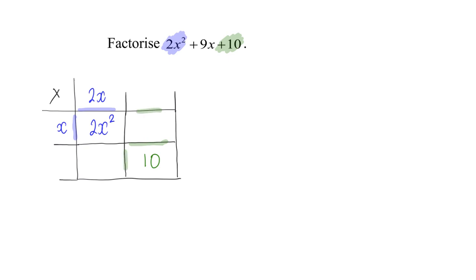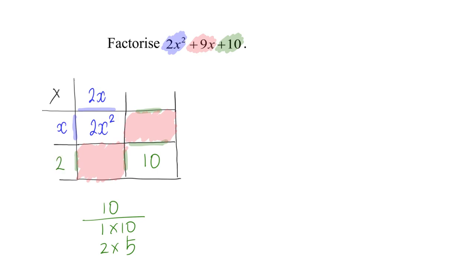this is the same as this. So for 10, it can either be 1 times 10 or 2 times 5. Am I right? And we need to make it such that to get this 9x, this box here and this box here must add up to 9x somehow. So I'm going to try with, well,